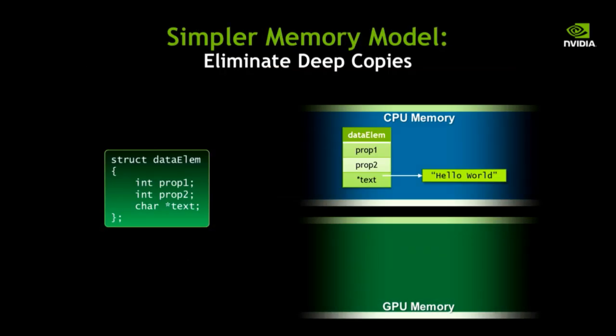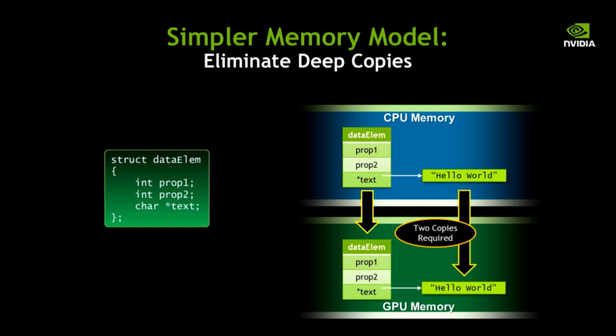So let me give you an example of one of the problems this helps solve. Today in CUDA code, before we had unified memory, if you have complex data structures that contain pointers, for example, this data elem struct has 2 int members and a char star, so it's a pointer to some text. And in our example, we have this structure allocated in CPU memory, and it points to a string, in this case, hello world. If we'd like to pass that to a CUDA kernel and access that data on the GPU,